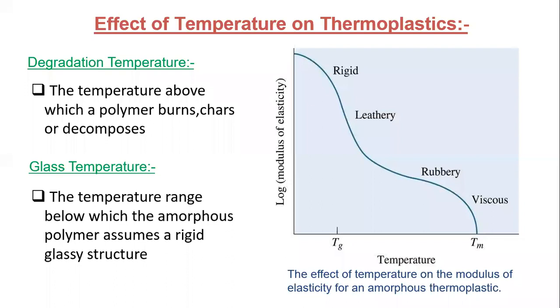So that is degradable. When we use the word degrading, it is degradable. That is, it is used to spoil the surface of the material. So the temperature above which a polymer burns, that is, the polymer burns or chars, becomes